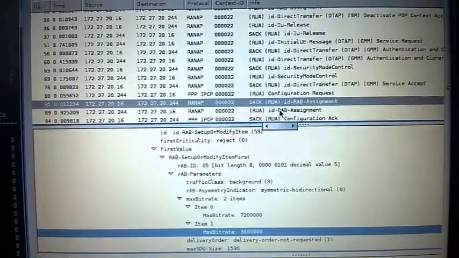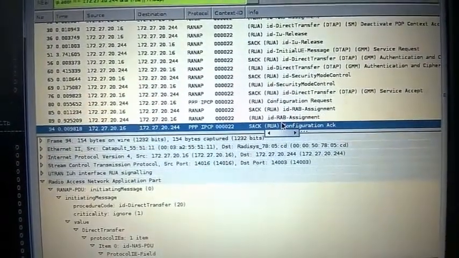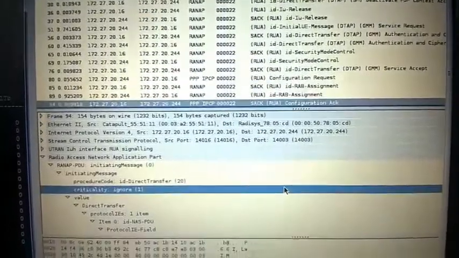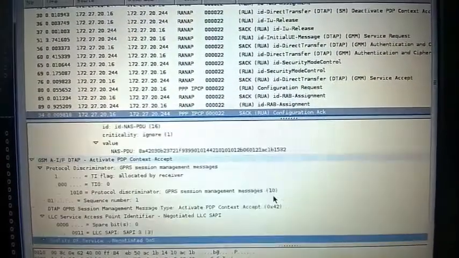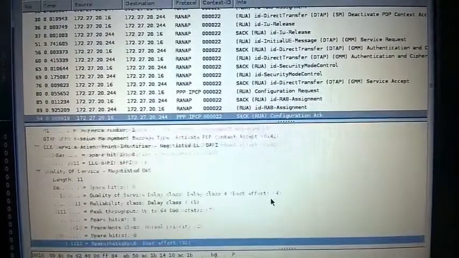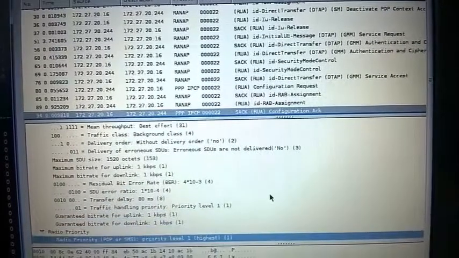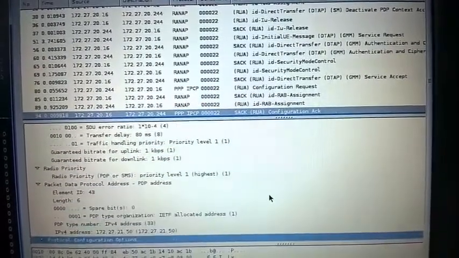And there comes the RAB assignment response, and hence CN has sent the configuration ACK to the UE, which means that activation of the PDP is successful and hence the data can be transferred. In the configuration ACK, core network will define a particular IP to the UE so that UE can access the external network.